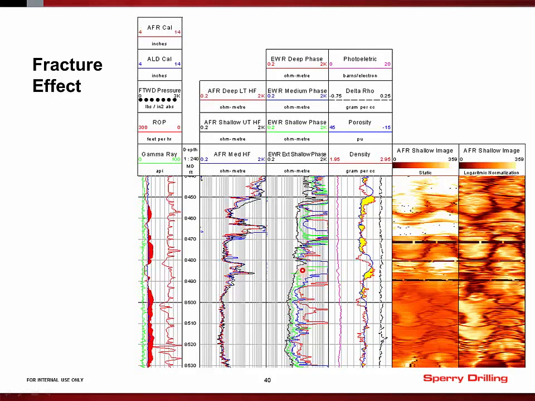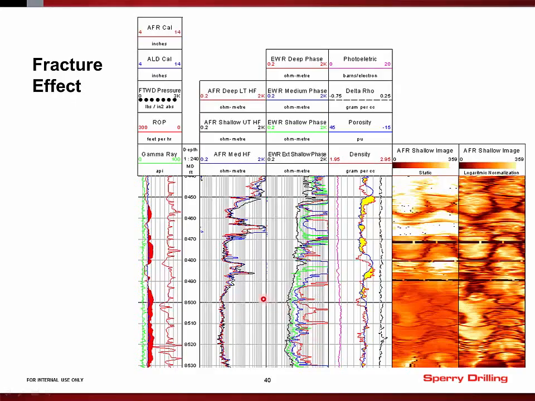And you can see that the result is that the Phase 4 resistivities are quite erratic. We have a lot of spikes and noisy looking data on those measurements, and that's caused by the presence of fractures. Remember in the previous slide I showed you how the fracture causes a polarization effect. That's what you're seeing here. So all this stuff through here that's very erratic and very noisy is mostly due to the presence of the